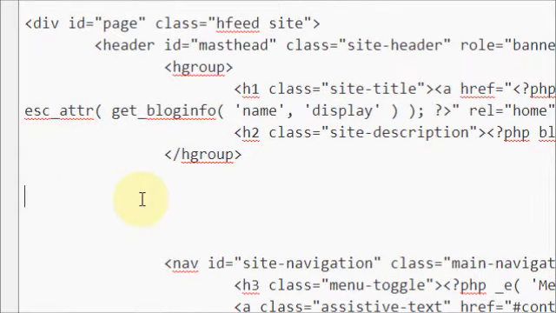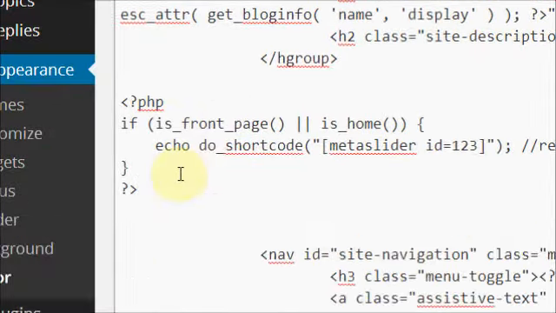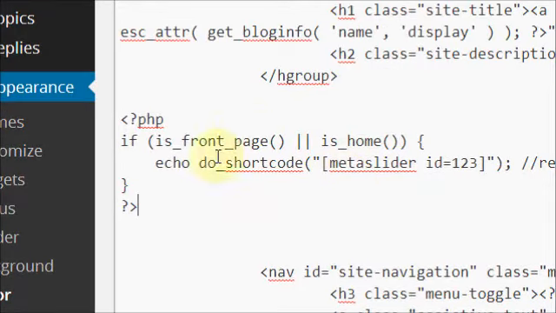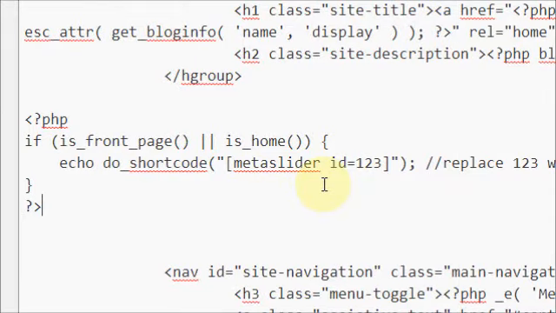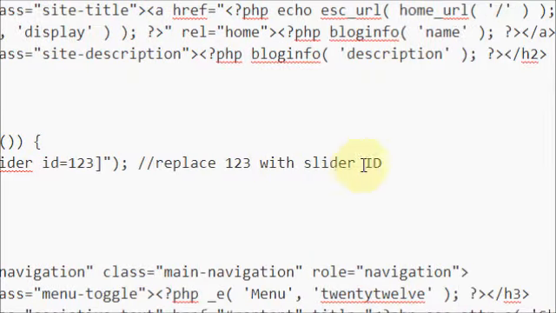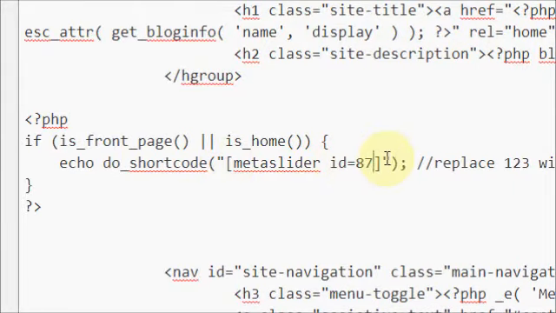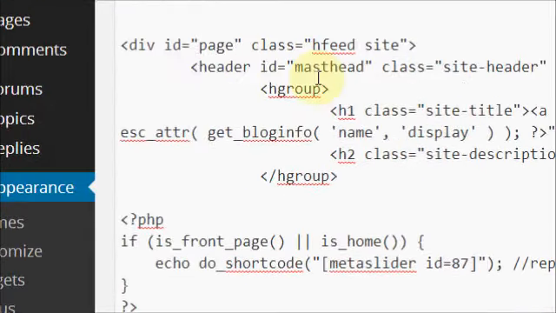I'm just going to do a Control V, and then I just have to update the file. But you have to be careful that you do it properly and insert the right code, or else you might get a programming error. So you have to be really careful when you're doing this. Actually, we have to replace the ID with the ID of the slider that we created, which I believe was 87. This is the shortcode we put in previously, and I think the shortcode was 87 for the slider that we created. So I'm going to update that file,